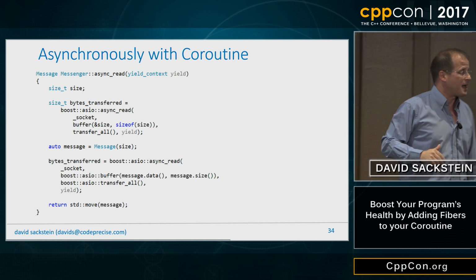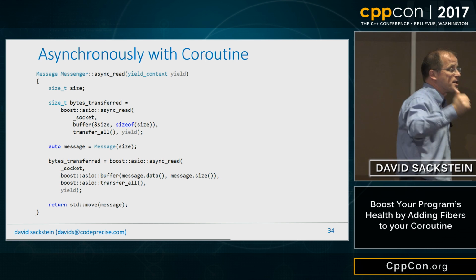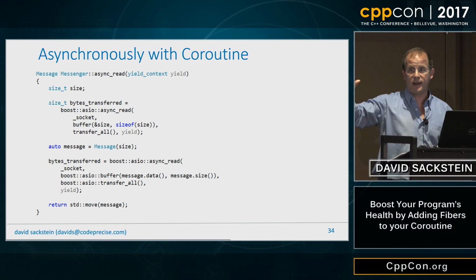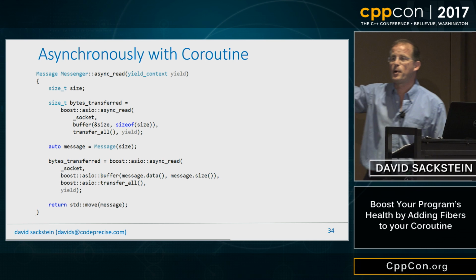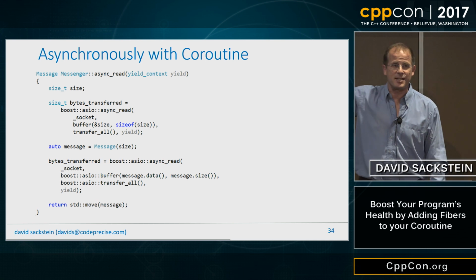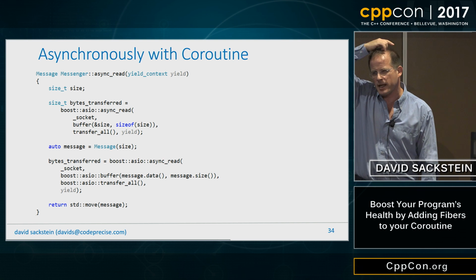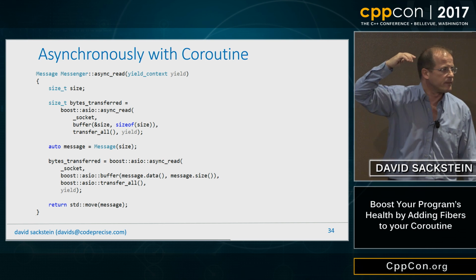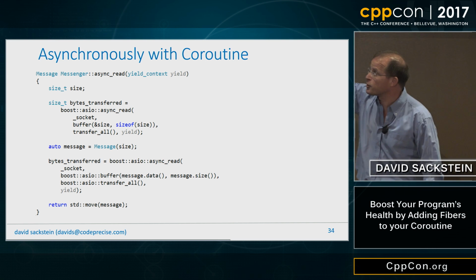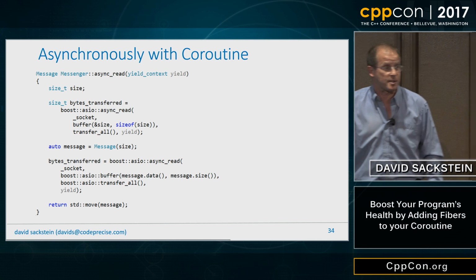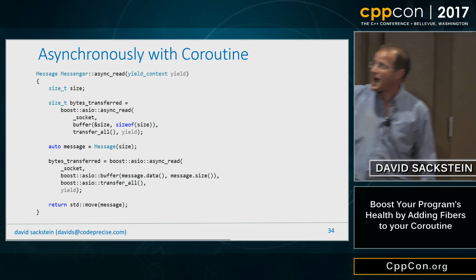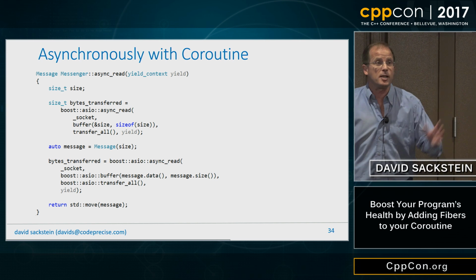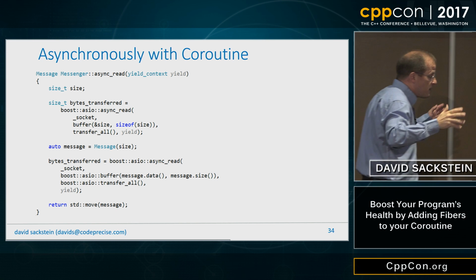Here is an asynchronous implementation using coroutines, very much like the synchronous code. Who can spot the difference between this and synchronous code some slides back? There's the yielding callback, exactly. Well, actually, there are two differences. One is that I'm actually using async read as opposed to read. And the second is that the last parameter is a yield object. Now, what that means